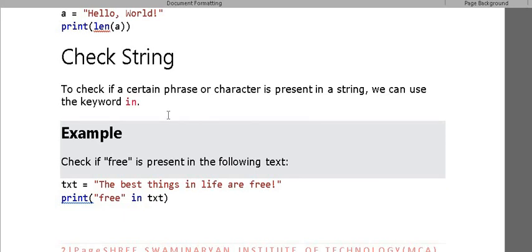I want to check whether the word Shri is available in the string or not. That means I want to check whether a particular word is available in the string or not. For that we use the in keyword.